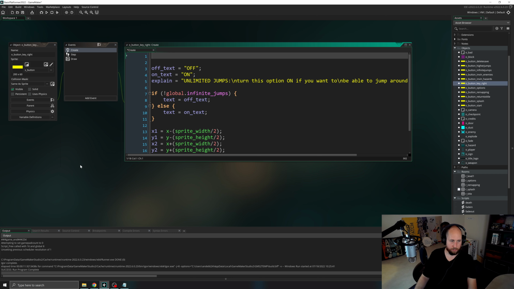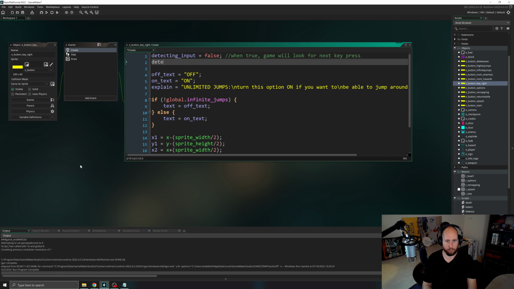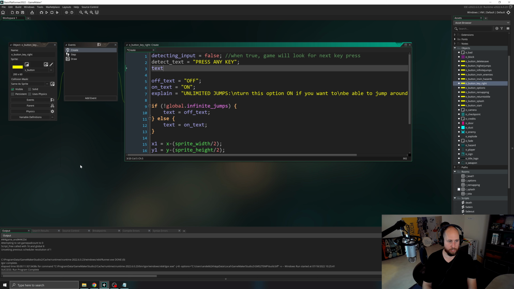We need to declare the variables first. detecting_input = false; When true, game will look for next key press. detect_text = string press any key; text = keycheck(global.key_right);